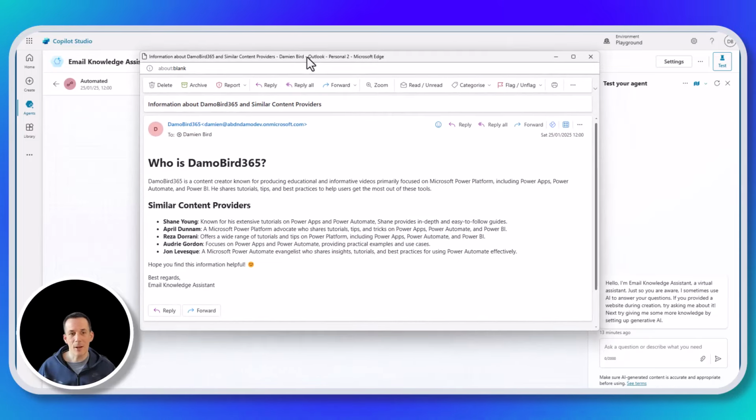If I go into my email and bring that across, you can see we have details about myself. I have to admit I don't do much content on Power BI, but we'll accept that it is general knowledge based on its training up to October 2023. And of course, you can provide your own knowledge using that capability in Copilot Studio, but it has correctly identified the other amazing content providers, and there are many more out there too, but this has now demonstrated that autonomous